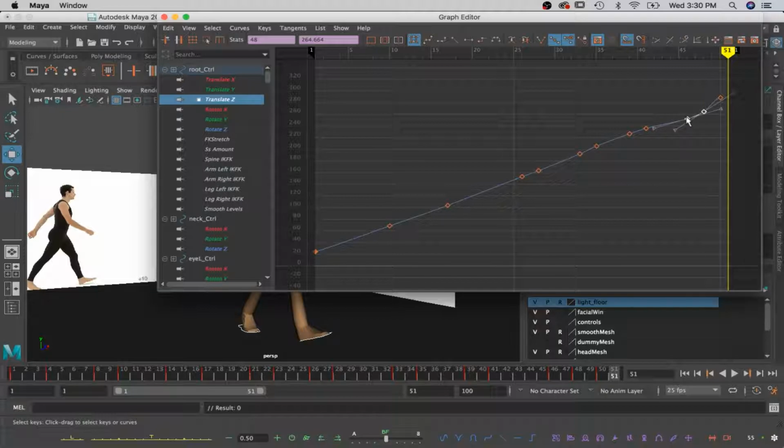So notice how this is rounding out. So anything, the greater the peak, so notice how the quicker it increases in height, the more it's moving within a smaller amount of time, is what I'm trying to say. So we're just trying to take out anything that's slowing it down way too much. So here it's slowing down right here because this is a flatter curve than compared to this part of the curve right here in the beginning. So I'm just going to delete those two keys, but remember, always at least keep the first and last key because that's your start and ending of